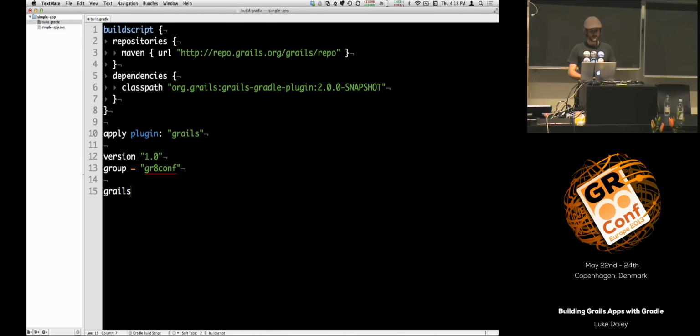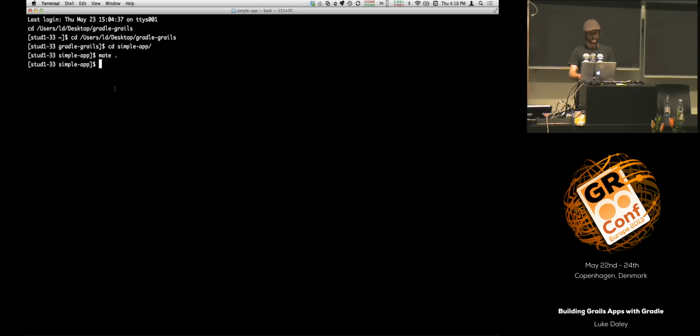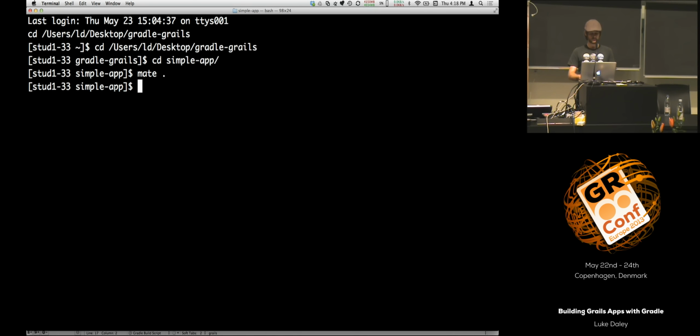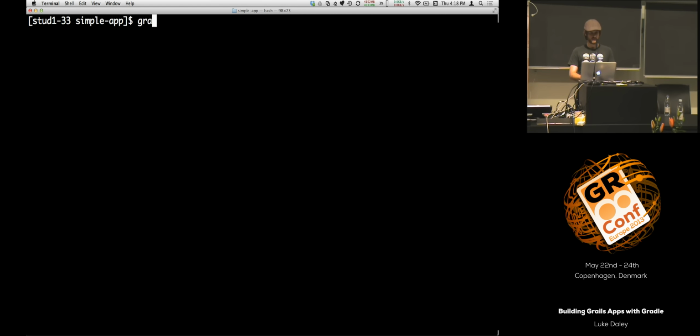And I also need to say what's the version of Grails this project is going to build with. So I'm going to build with 2.2.3, which is the latest stable release, unless I've missed some news. That's right, yeah? Cool. All right, so given this, that's all I need to actually bootstrap a new Grails application. So go back to my command line. If I run gradle init,